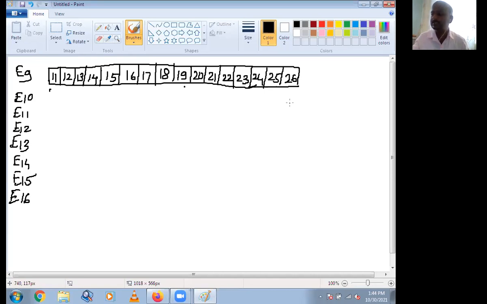So what is the time complexity in this example? First we will see the element number.